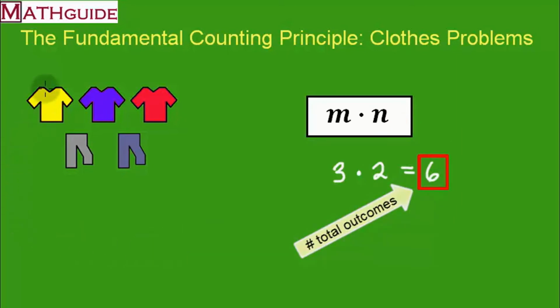And it makes sense. He could have yellow shirt, gray pants, yellow shirt, blue jeans. He could have blue shirt, gray pants. He could have blue shirt, blue jeans. A little tacky, but he could have that. Okay, and then he could have red shirt, gray pants, red shirt, blue jeans, which is a total of 6